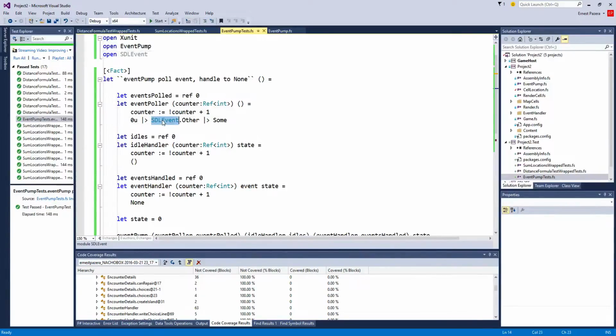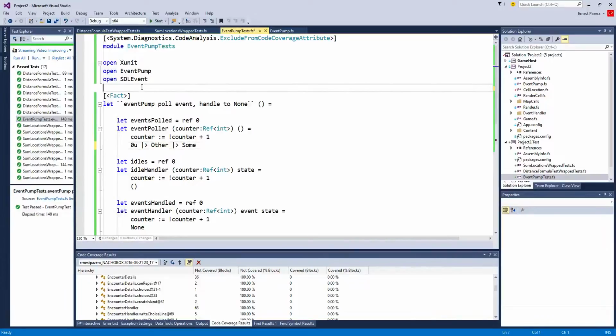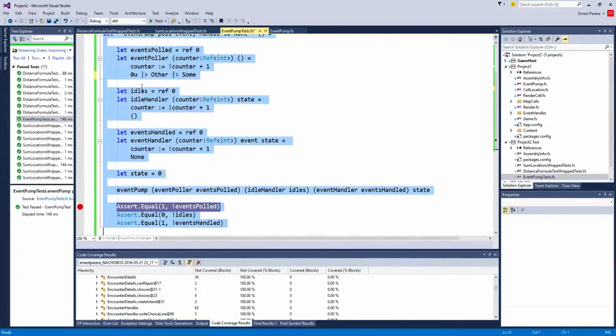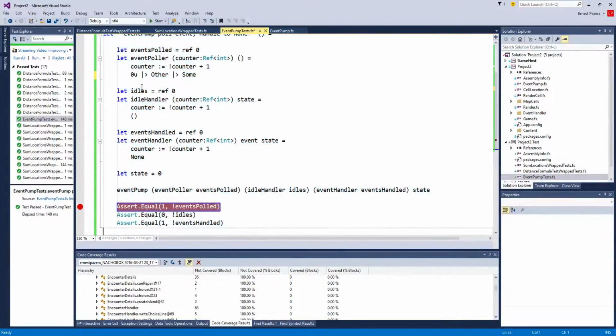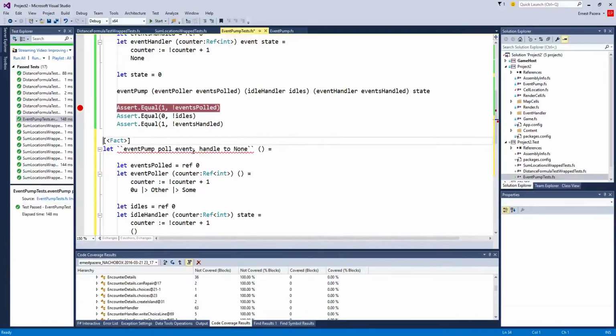Where should I put other sum? All right. Okay, take more or less the same function. Copy pasta. Event, pull event. No event. Idle. Pull event, handle to none. So,